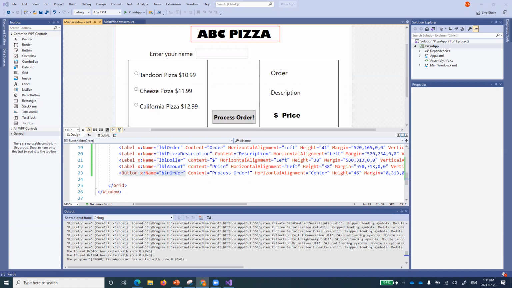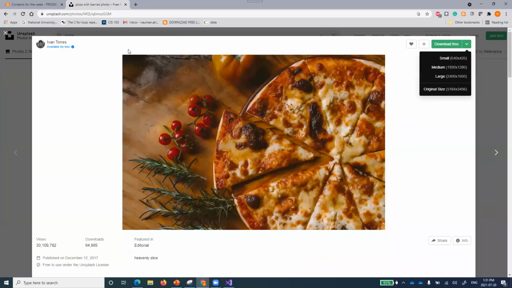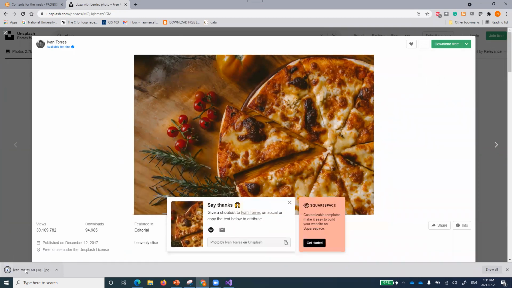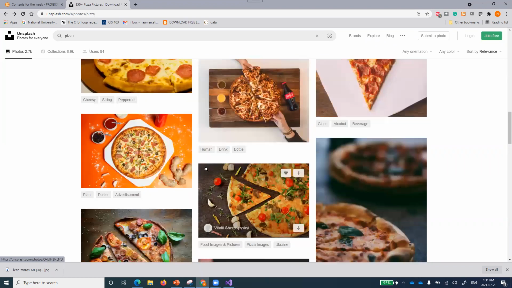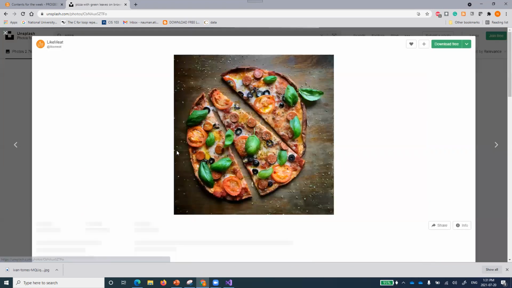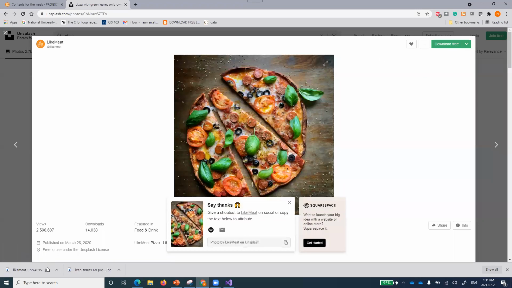You can just download a few. So we have this Unsplash website, which allows us to use free pictures. You can just bring in some pictures. One of the pictures I'm bringing up is a large one. So there's a large picture that has come, and maybe I can bring two or three small pictures to put on my application. For example, this one. I can download it in a small size. This one will be a smaller one, the second one, and maybe one more.